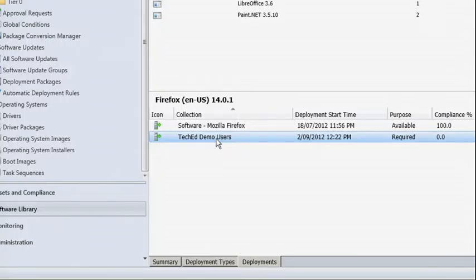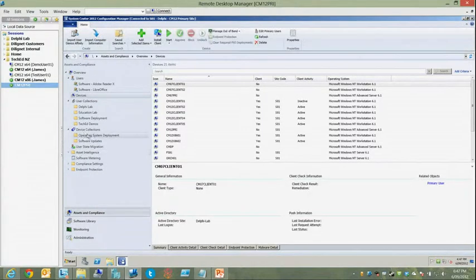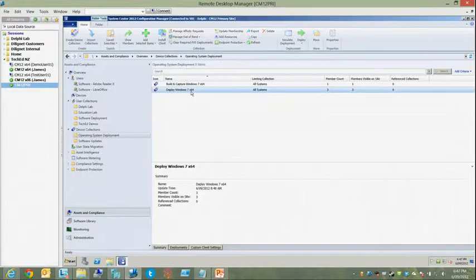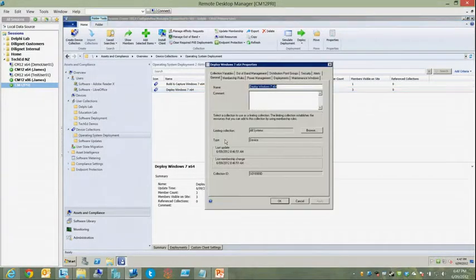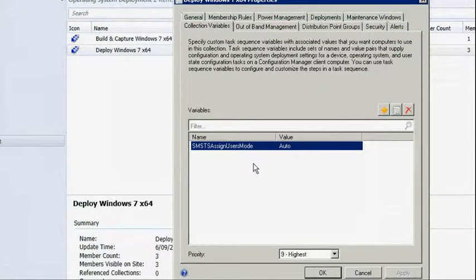At that point, all you need during the operating system task sequence is to establish a UDA variable. And the variable is, if we jump into our collections, take a look at our OSD collections under deployment, a task sequence variable called SMSTS assign users mode. So it can be automatic, whereby when there's an affinity request, it's just automatically approved, no problem. It can be a pending one, so it generates a request within the console and you as the administrator go through and approve it, or none, where you say it doesn't matter who asks for what as far as UDA,